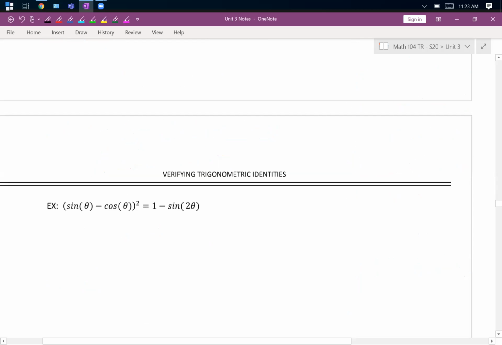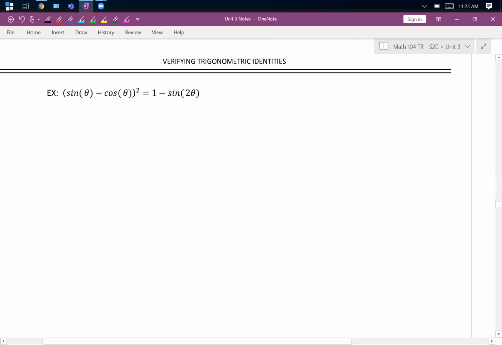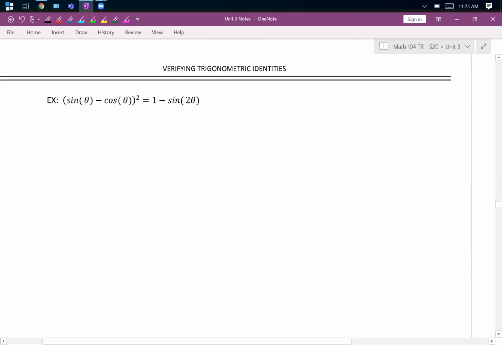I will say that I feel like verifying trig identities is one of these topics that you really do need to do a large volume of problems. I frequently say most of your studying should be studying procedure. Not with trig identities. You have to do a large volume of them to really get it down, because there's a variety of algebra techniques that can show up in the middle of these identities. And if you only practice 10 of them, you're not going to see all the techniques that you need